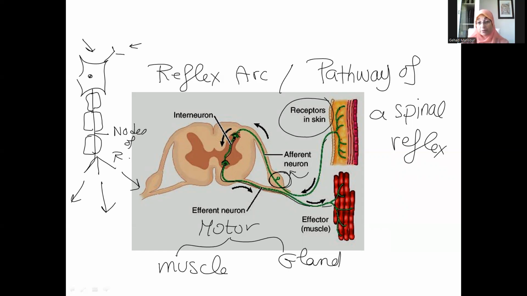أما السنسوري نيورون زي ما انتم شايفين كده لأنه مضطر ياخد impulses من الريسبتور ويبعتها للسباينال كورد فالسيل بادي ما بيبقاش on one end of the neuron السيل بادي بيبقى في النص كده فاحنا هنلاقي هنا سيل بادي كده وبعدين عندي peripheral branch ناحية الريسبتور وعندي central branch اللي هي ناحية السباينال كورد فالperipheral تجيب الانفورميشن from the sensory receptor والcentral تبعت الانفورميشن زي ما انتم شايفين كده للسباينال كورد